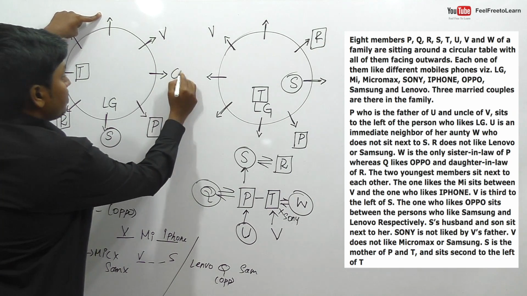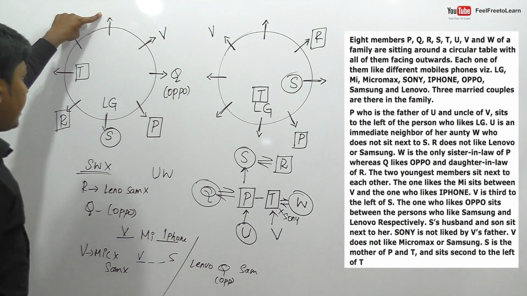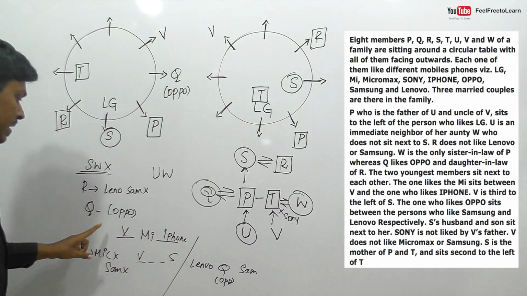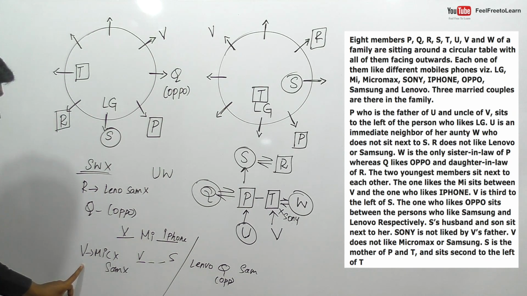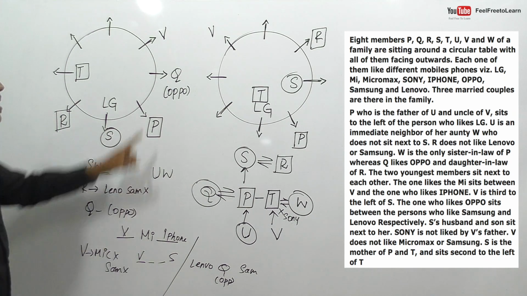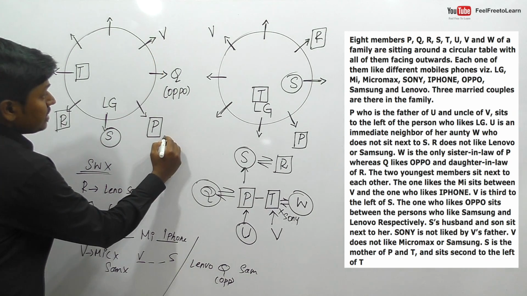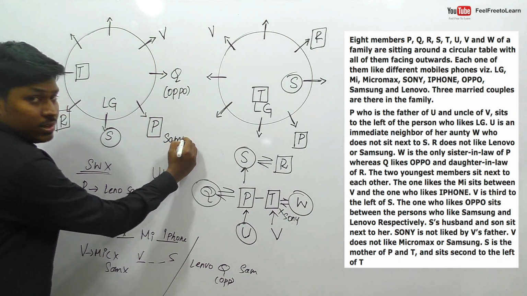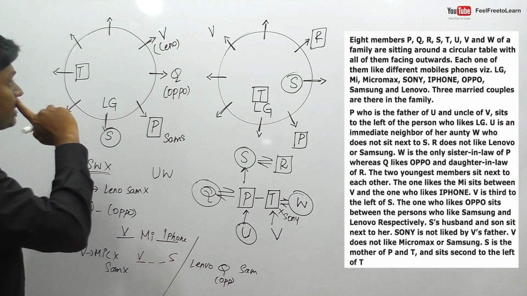So I think Q should be definitely placed here, and we know that Q should be an Oppo, right? And friends, the person Oppo is sitting between Lenovo and Samsung, and V does not like Micromax and Samsung, friends. V does not like Micromax and Samsung, so definitely we can say that this must be a Samsung. Got the logic, friends? And this must be a Lenovo, right? So next point is,